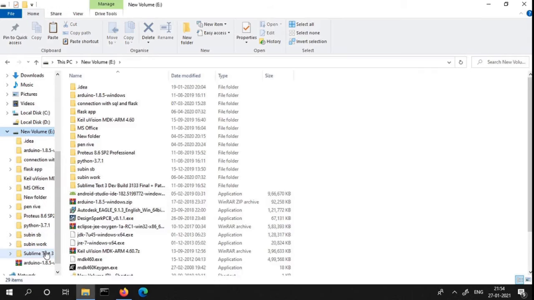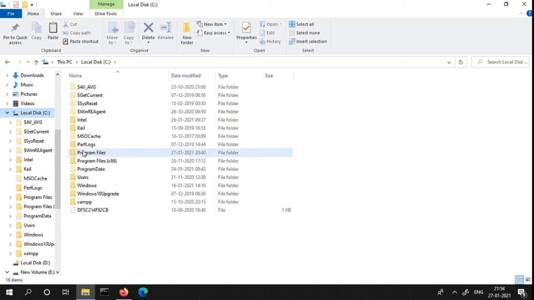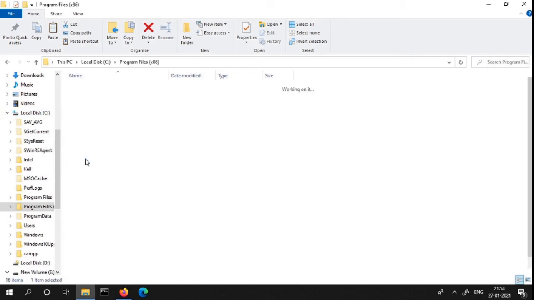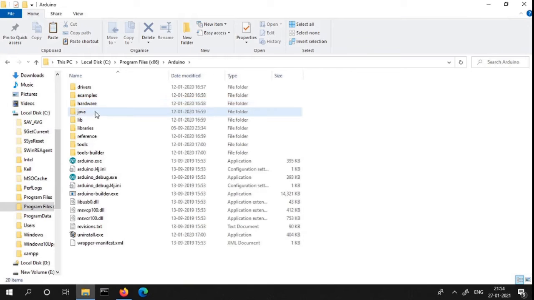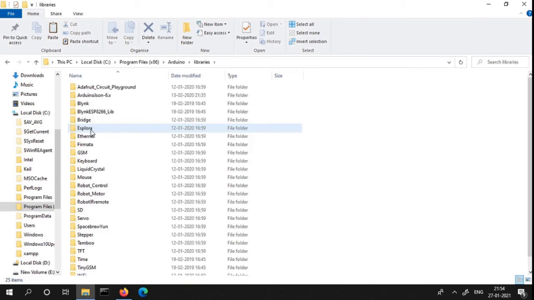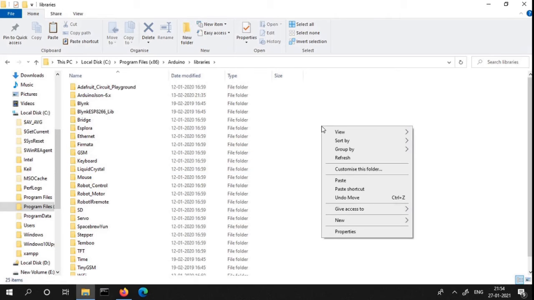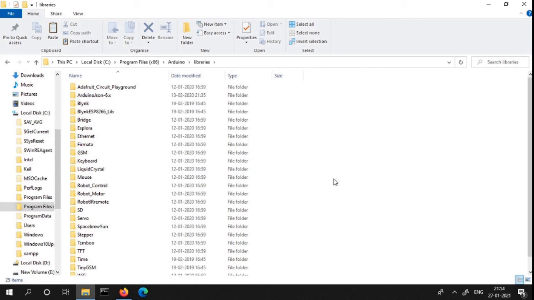Now we are going to place the extracted folder into local disk C, program files. We can see the Arduino folder there. We are going to place it in the libraries folder in the Arduino folder in program files.